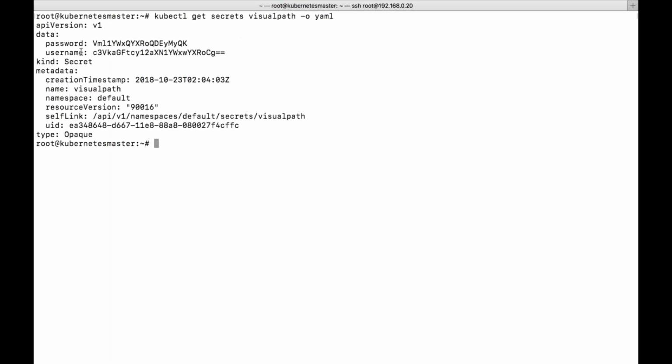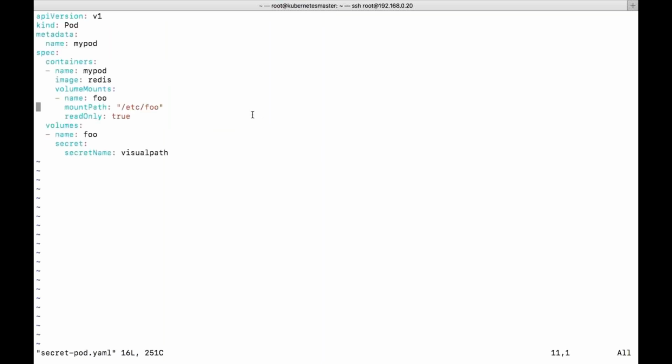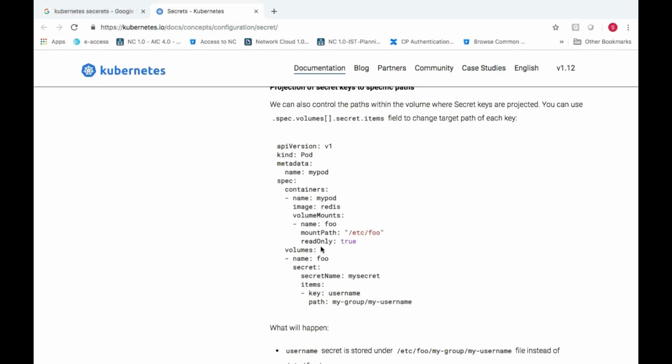So what do I need to do? Then you need to modify the secret. Open this file, go here, and here we can see the parameter. Secret name is still common.